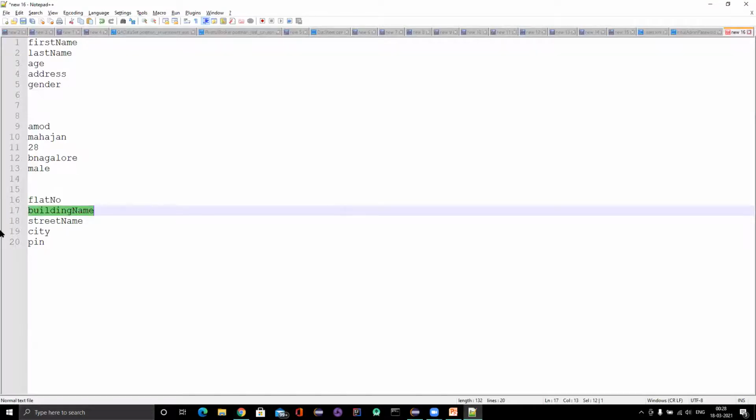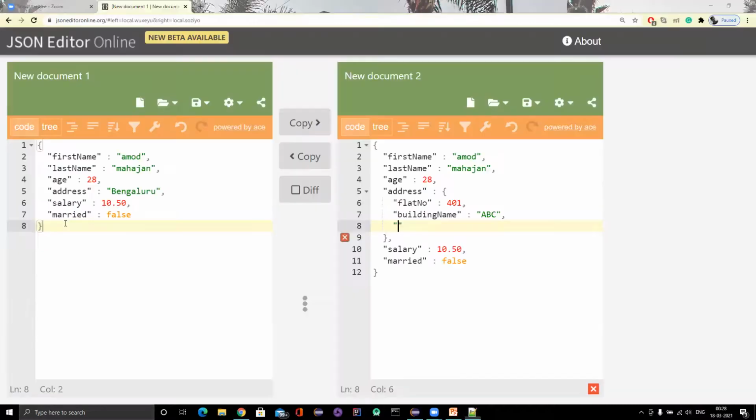Then street name, suppose XYZ, and let me use a simple pin. So what I did here is create a simple nested JSON object.